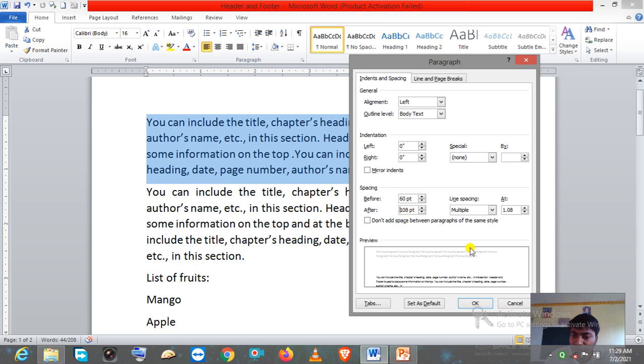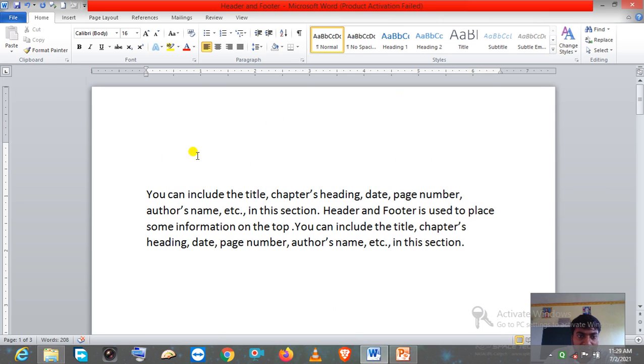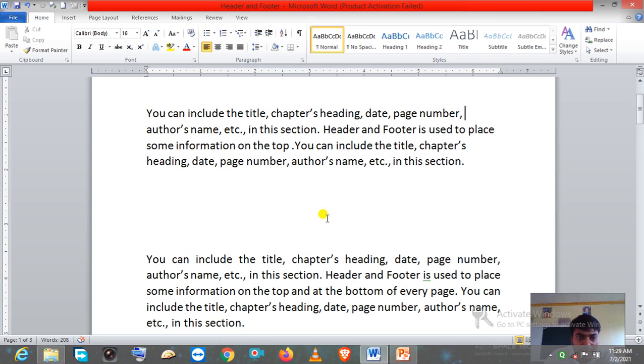Finally we click on OK. Now I am going to click OK and you see the result. You can see the space increased at the top, and between the paragraphs also the space increased. Clear? So this is how we can increase the space according to our desire.